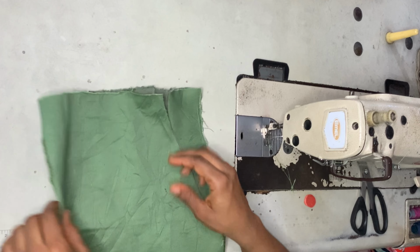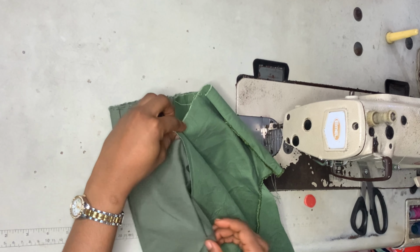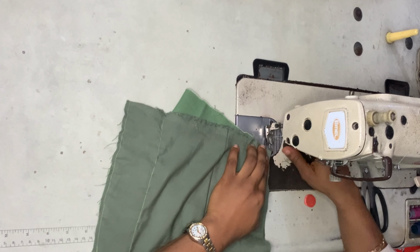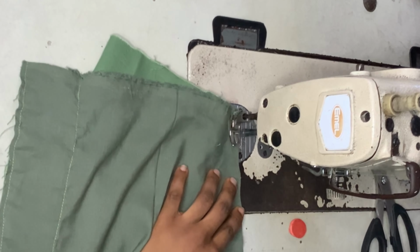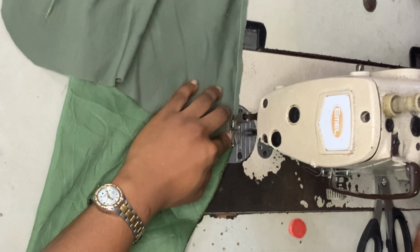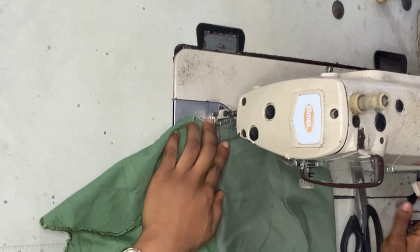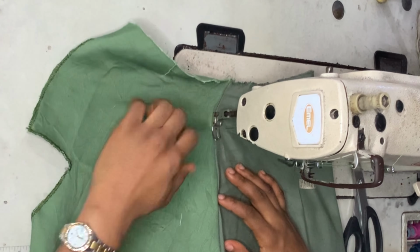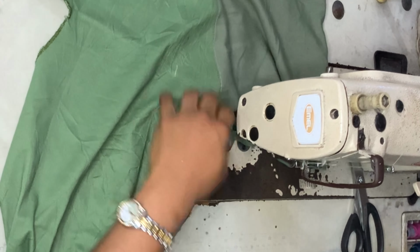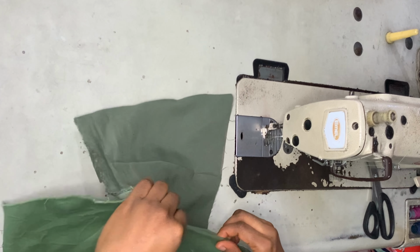And once I do that, I'm now going to align those two slanted parts together, and then I'm going to sew them together. Then I'm going to open that up and top stitch, making sure that the allowance is facing the pocket, which is the lining. Then I'm going to fold that in